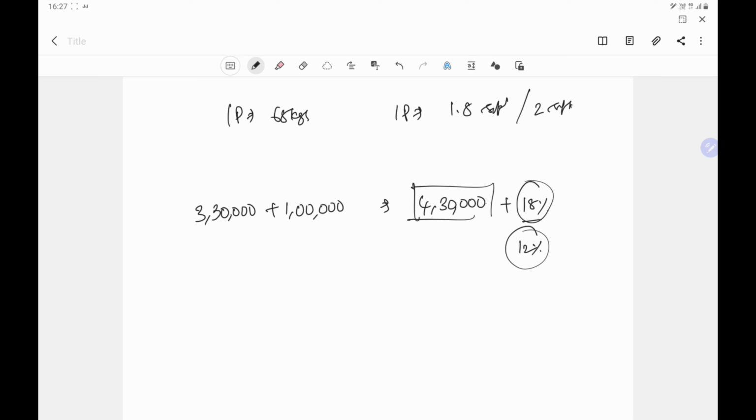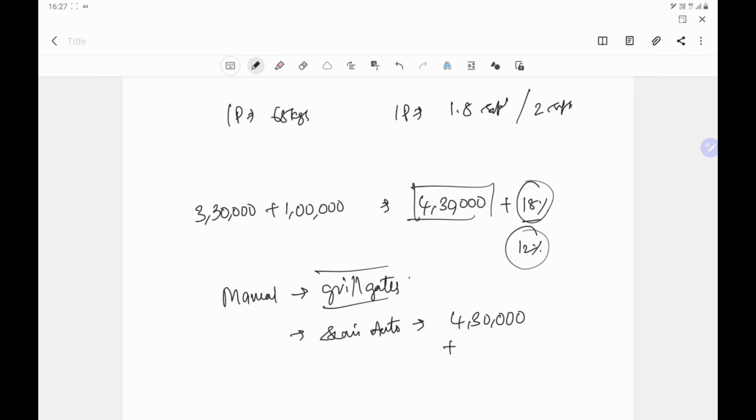So what will you get within this 4.3 lakh? You will get a manual door elevator. Manual door means grill gates. Are these safe? Grill gates are not safe. Only if you need to reduce the price should you go for grill gates. With semi-automatic doors, which means an openable door in front, this elevator would cost you 70,000 rupees extra.